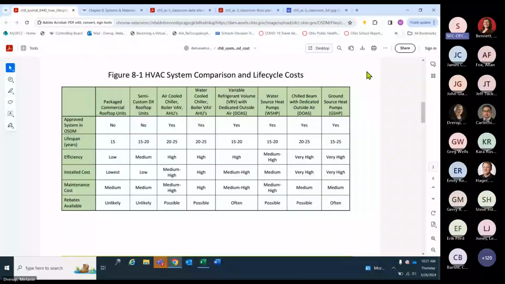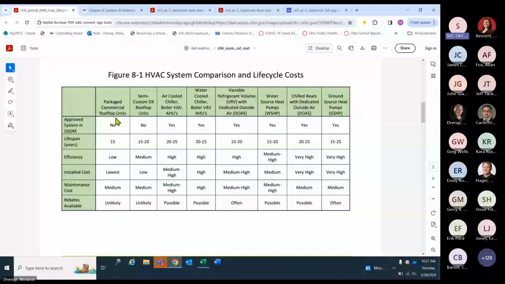For 8 different types of systems noted across the top, we include packaged commercial rooftop units. The reason for that is when we go to the vertical column, we're scrutinizing OSDM compliance, and our rooftop friends get a no. They are not compliant. So it not only includes what we do allow, but also what is not.